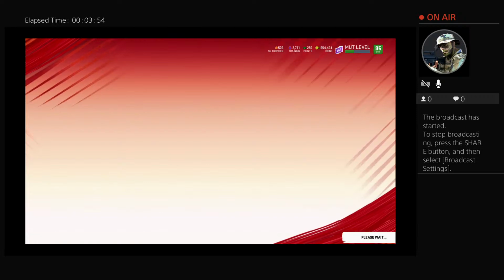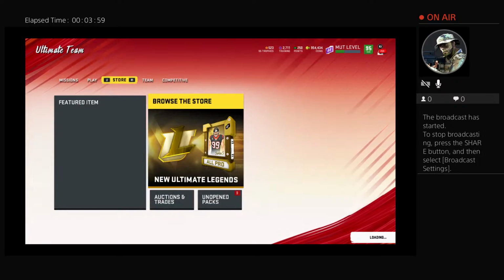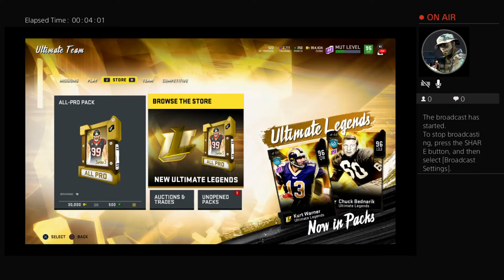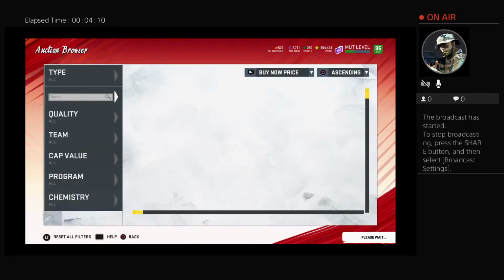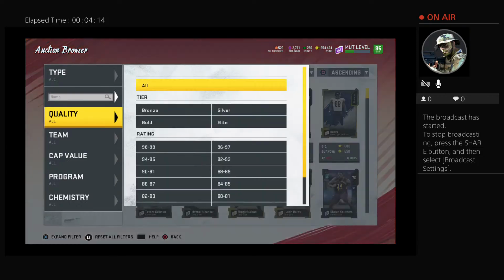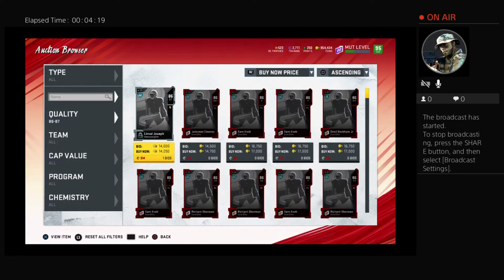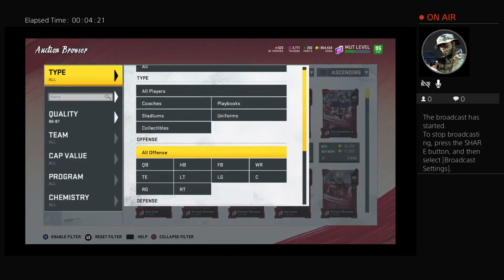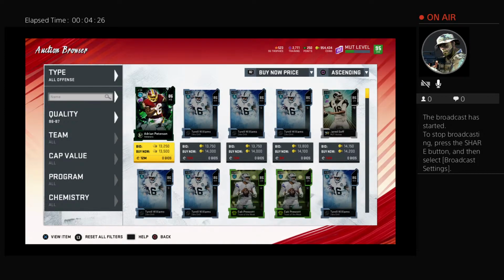So basically, when you open those packs, you need to get at least an 87 overall to make a profit. Actually, there are some cards that aren't 87s that are worth more, which I'm going to show you right now. So we're going to see what the lowest value of an 87 is. So the lowest 87s are currently going for